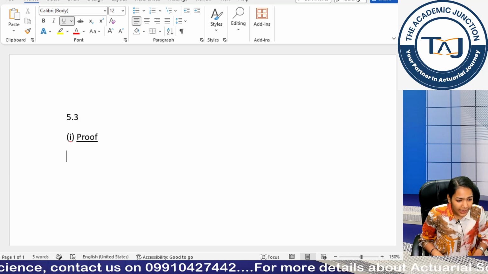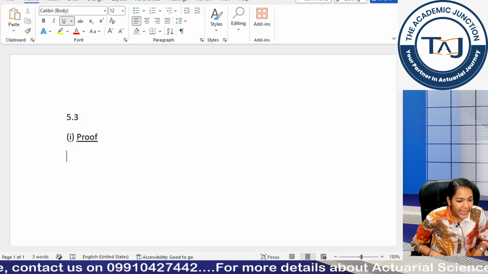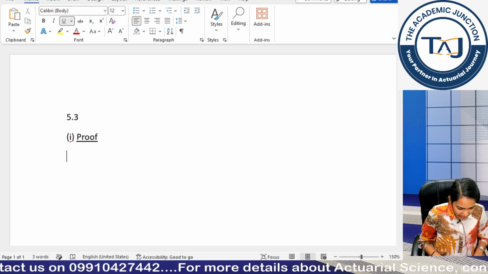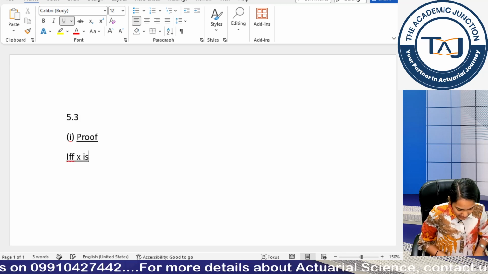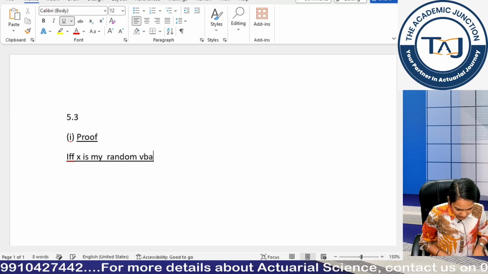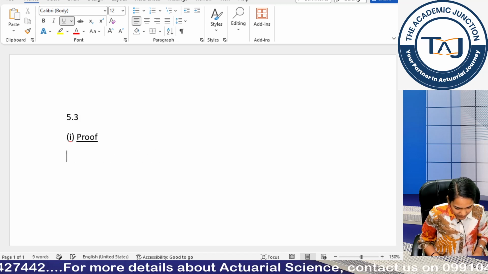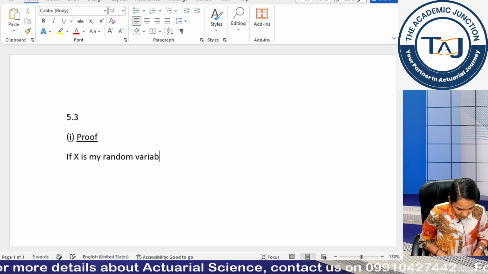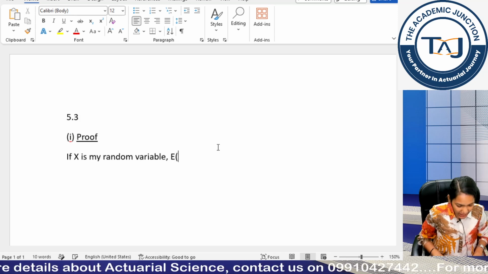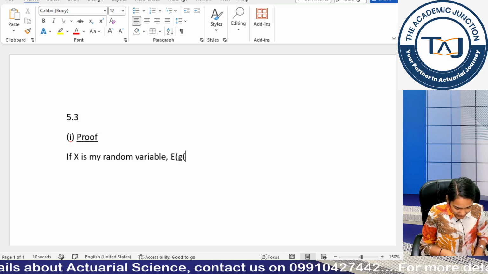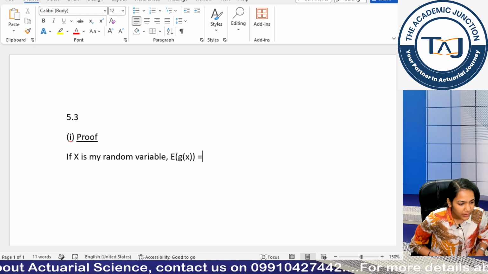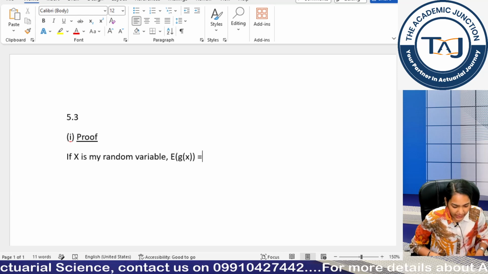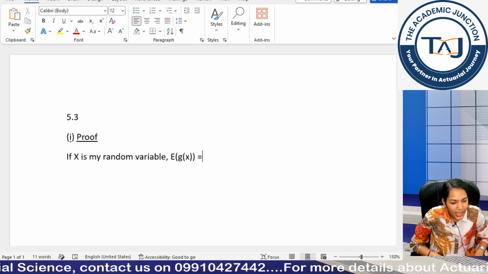First thing, if X is my random variable, the expectation of g(X) will be, what will be my expectation of g(X)? It will be the integration of g(x) into f(x) dx, right?